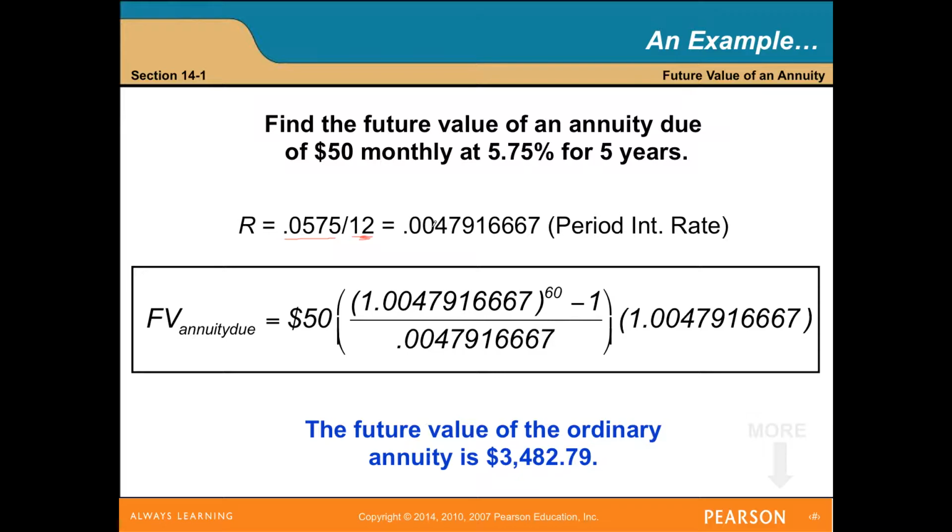So we have 0.00479166667, which is the period interest rate. So we put $50 times, in parentheses, 1 plus the rate to the 60 periods, because it's 12 months in a year times 5 years, which gives us 60 periods, minus 1, over the rate, times 1 plus the rate, times $50, and that gives us